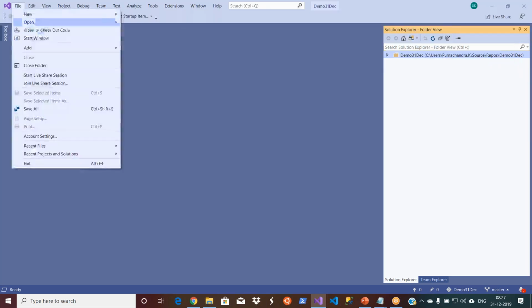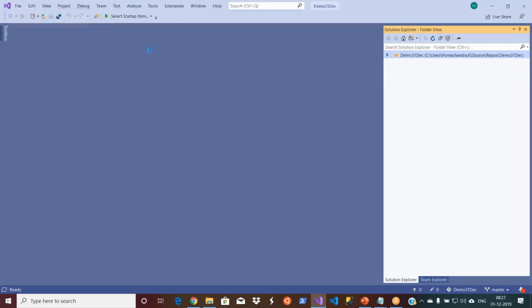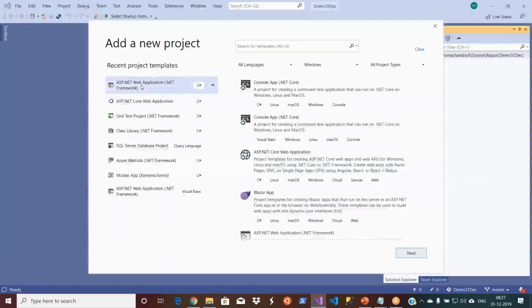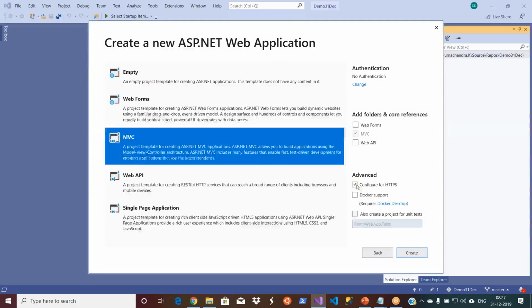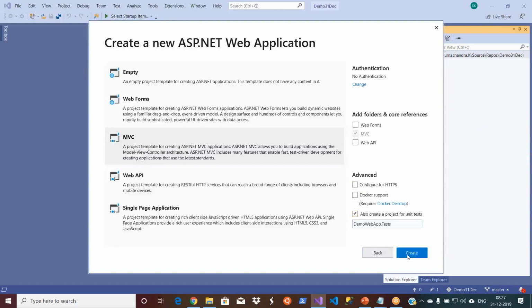Okay, we cloned it, this one, and then go to, once we clone it, it will come like that, don't worry. And then let's add a solution, add a new project, and then take this, and then next. This is my repo. Create, then MVC, and uncheck add unit test projects. Okay.